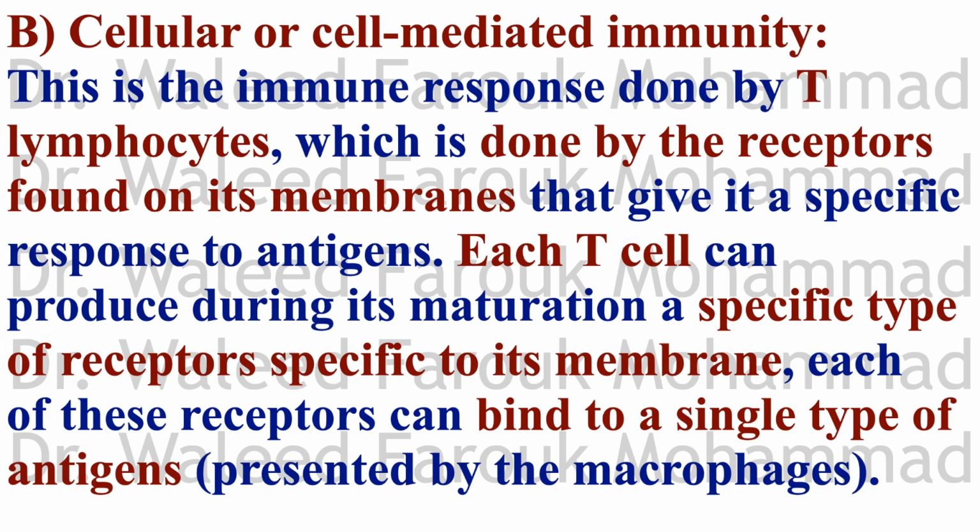وكل T cell produces, during its maturation, a specific type of receptor specific to its membrane. يعني التي سيل وهي بتنضج وهي بتكتمل نموها بتفرز special type of receptors on its membrane. دي الريسبتورز دي تقدر bind to a single type of antigen. يعني T cells more specific than the B cells. تمام؟